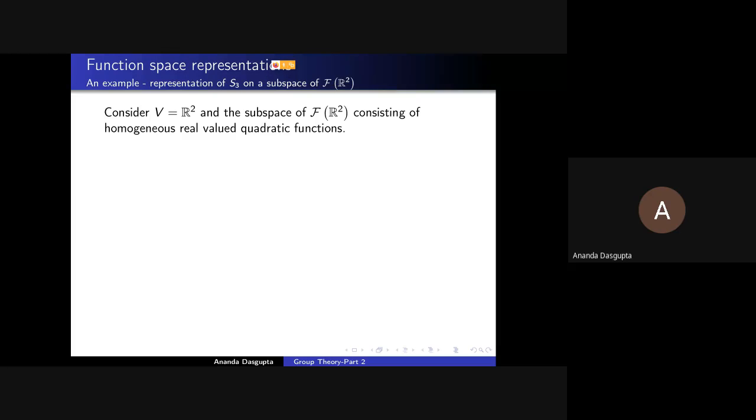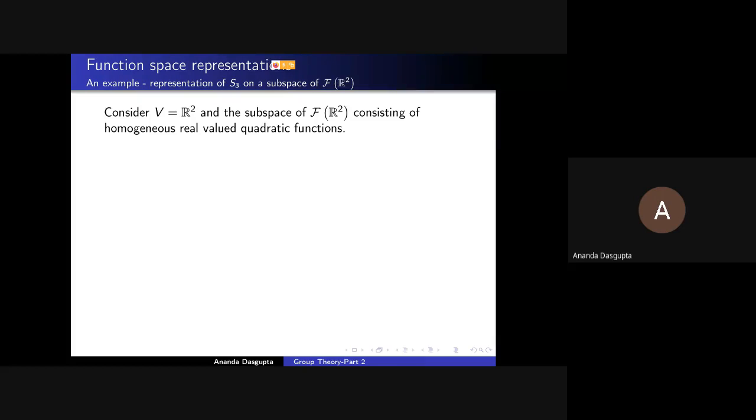Firstly, what is the dimensionality of this vector space of functions, not the original vector space? Take all functions of the form ax square plus by square plus cxy. What is the dimensionality and what possible basis function vectors can you choose? It's planar, sir. Could you just say that? Plane. You mean two-dimensional? No, because you can easily see how many independent functions you can have. 3. Actually 3, right?